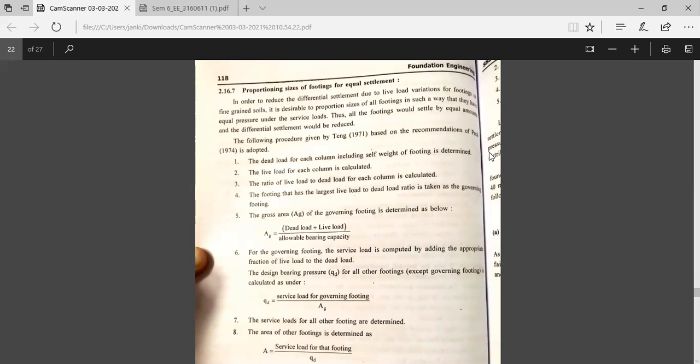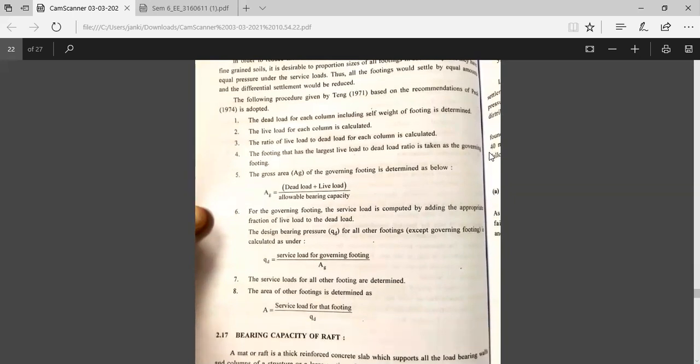The dead load for each column, including the self weight of the footing, is determined. The live load for each column is calculated. The ratio of live load to dead load for each column is calculated. The footing that has the largest live load to dead load ratio is taken as the governing footing. The gross area AG is determined as dead load plus live load divided by the allowable bearing